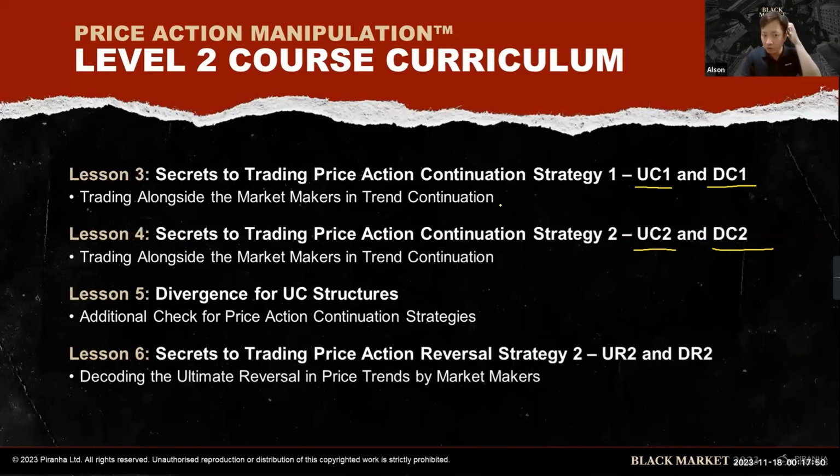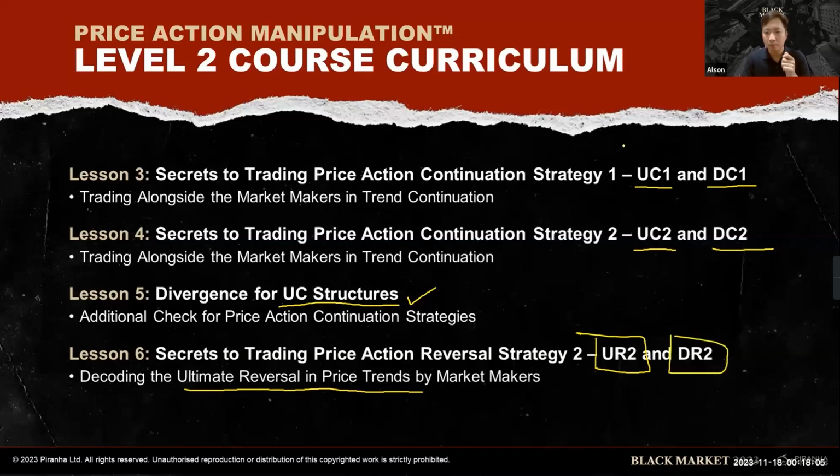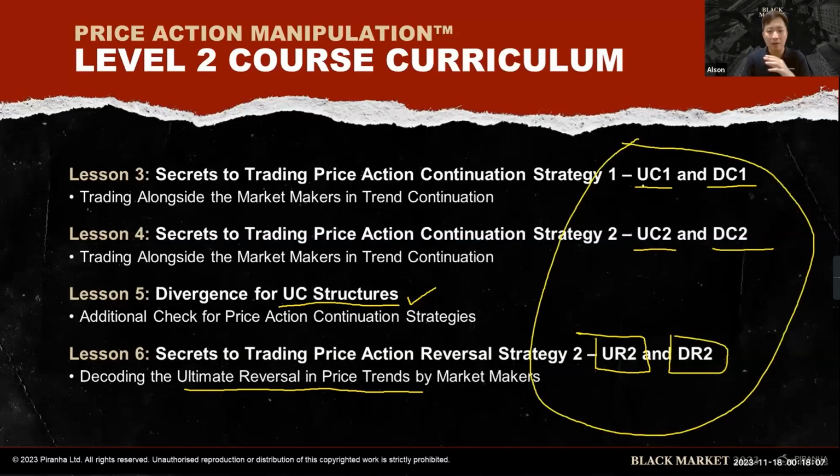Very potent strategies, and also we'll cover divergence for the UC structure, right? And also the ultimate tops and bottoms, the ultimate reversal in price trends. Very powerful UR2 and DR2. Okay, all in all, these are my main price action manipulation strategies. In Level 1 and Level 2, altogether there are 8 main PAM